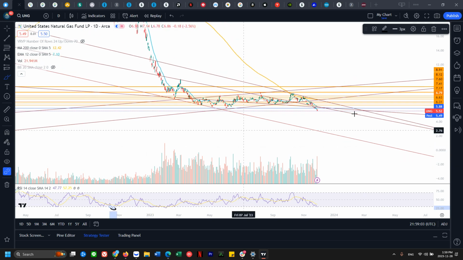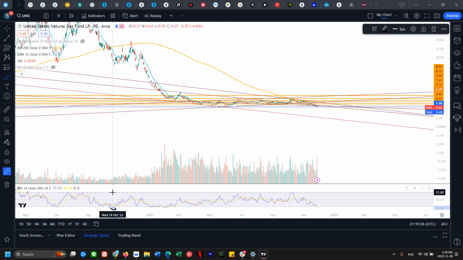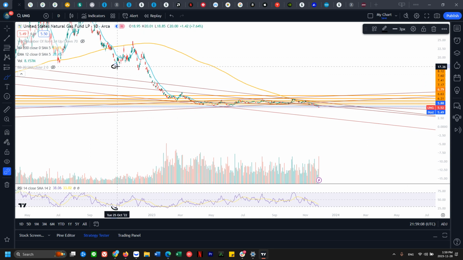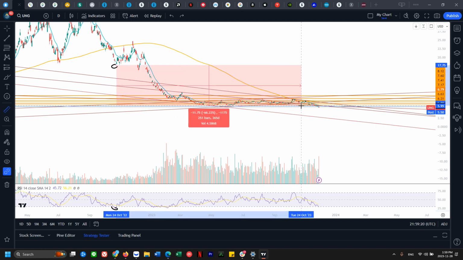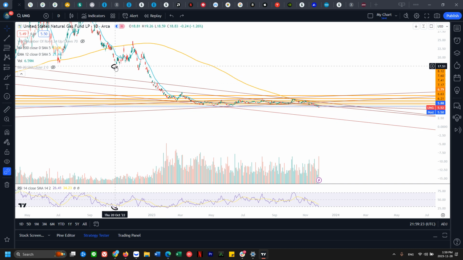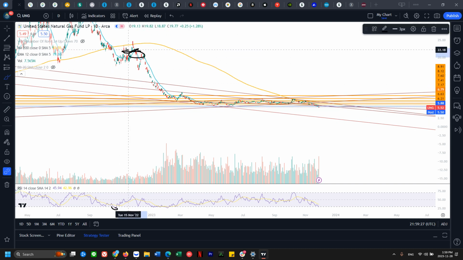23 RSI. Where is that? Let's take a look here. 23 RSI would have been roughly over here. If you got in here and you take profit here, great job. But if you're one of those investors where you get in and you don't get out, you decide to hold, you've been down 65% now, right? So it would have been a great add, but you have to take some profit here. Otherwise,